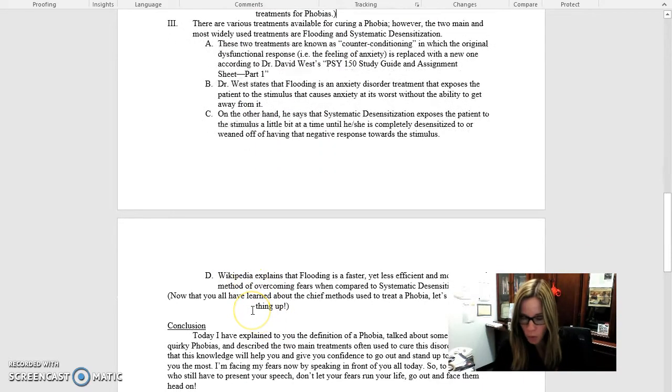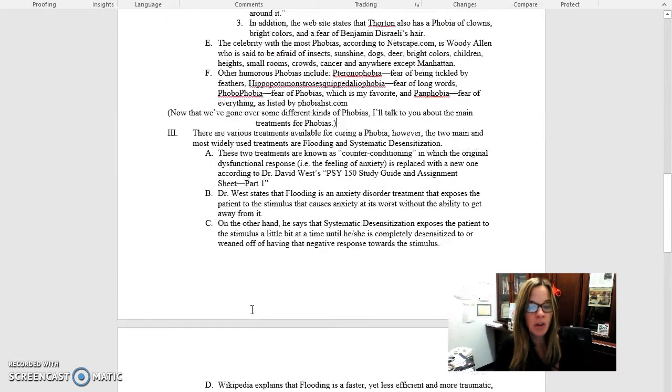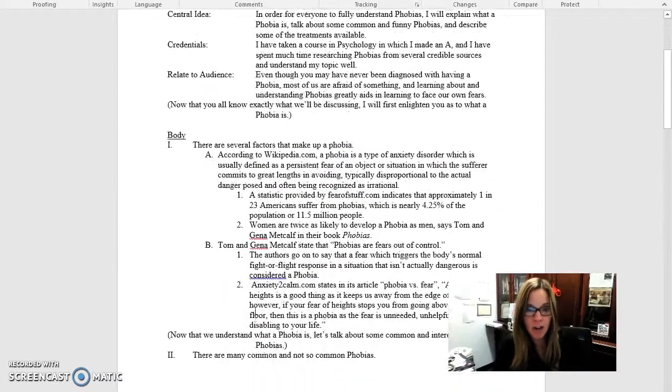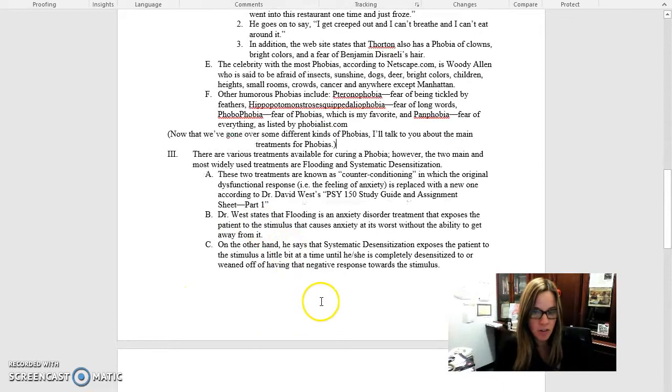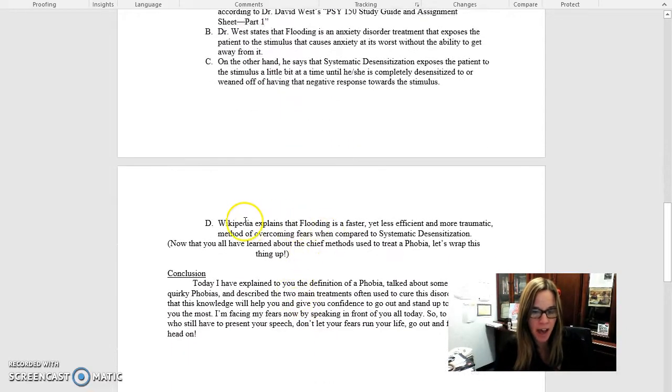This outline will be found under the instructor resources section. So when you want to look at this in its entirety, you can. Now, what he's going to do after this third main point, and you can look at that when you get a chance, again, please don't use Wikipedia, is then he needs that concluding connective, and that's going to take him into that conclusion. So he said, now that you all have learned about chief methods used to treat a phobia,